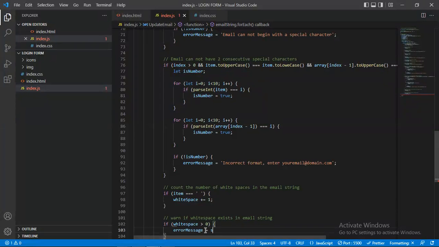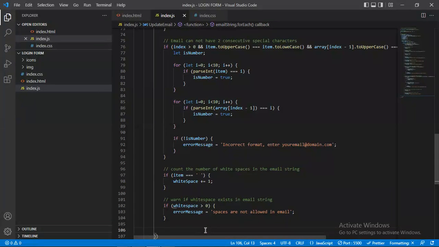Spaces. Comprises. So what if there's no error detected? What if all these criteria are passed? Then we want it to revert to the original hint if there's no error detected. So how do we achieve that? Revert,